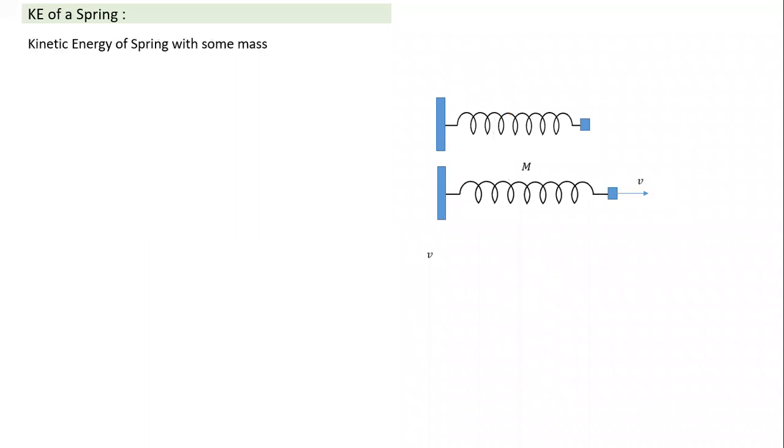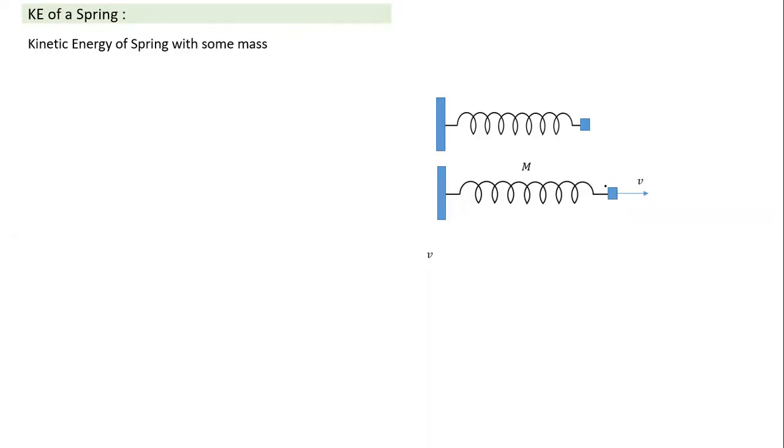The reason I dealt with this is because there was one question, Anita. Now look at this question here. You posted this doubt, let me do that one. Sometimes, in rare cases, they may also ask a question about the kinetic energy of a spring which has some mass. Here also, in most cases we take the spring as massless, but let's take a case. This spring has some mass M, and it is connected at two ends. We have connected one end to a wall, and there's a block connected here.